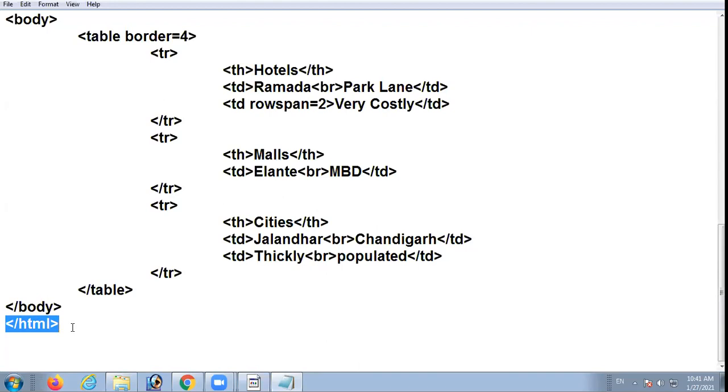Beta, you can apply any method, inline, internal or external. You are free. No cramming, nothing. But on the contrary, if I have given one method, apply the CSS formatting rules by using inline style, then you are bound to use inline style. Am I clear? Online class, am I clear to you people?